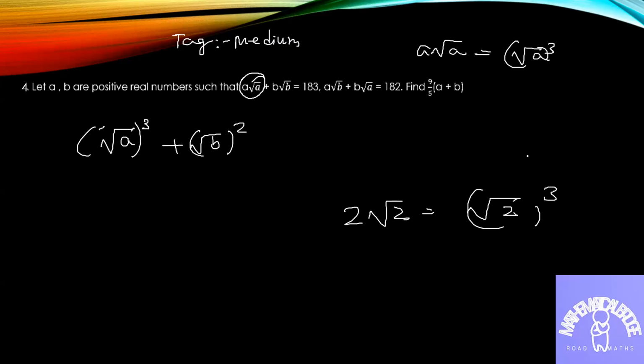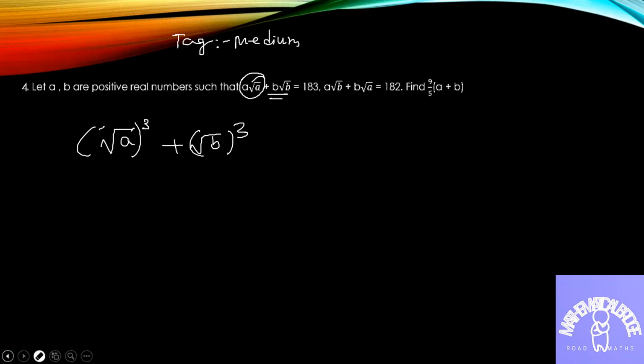Why root of 2 whole cubed? Because see, if this is whole square, then it would be only 2, and root of 2 whole cubed is here, so we have to multiply it once again with root 2, so 2 root 2. Basically this type of expression we get: A root A is equal to root A whole cube plus root B whole cube, because the similar expression B root B occurs here. So that's none of our discussion right now. Let us discuss this question carefully.